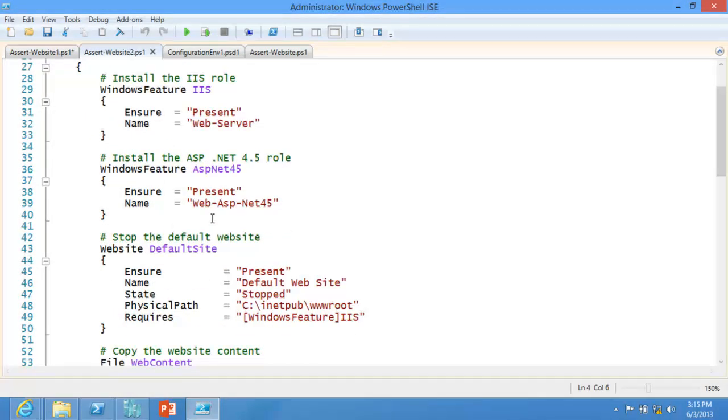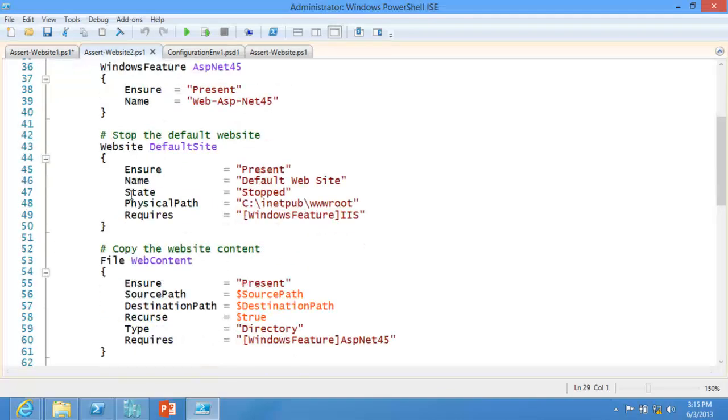There's something else here that's really sort of cool, and that's the requires. What is this saying? This says that before I can run this resource, where this resource can check its existence, the system is going to make sure that this resource exists. So we could have actually put these in any order at all. The requires allows us to execute the dependency graph in the right order.